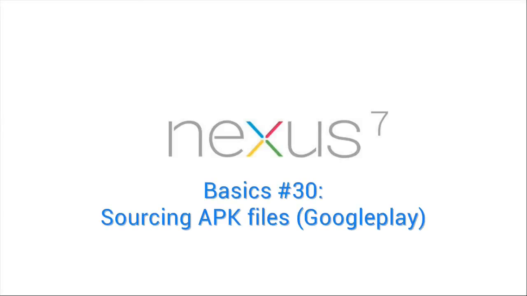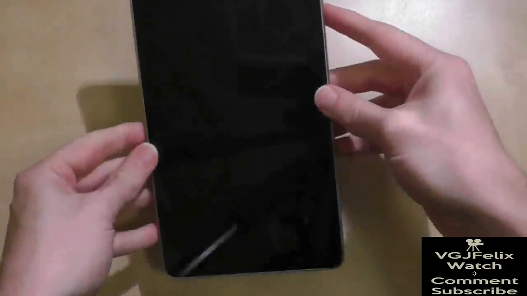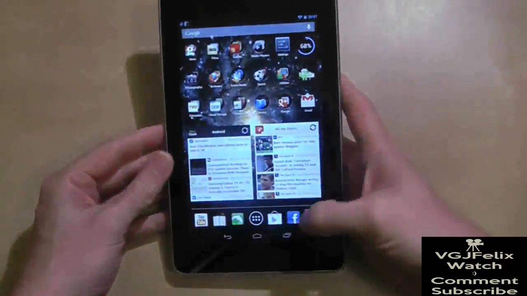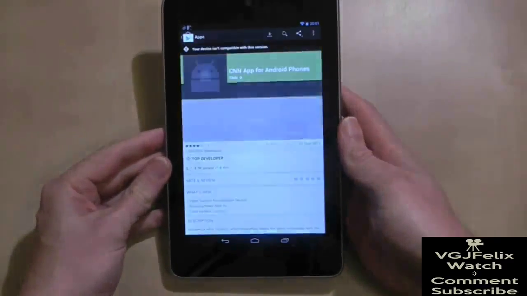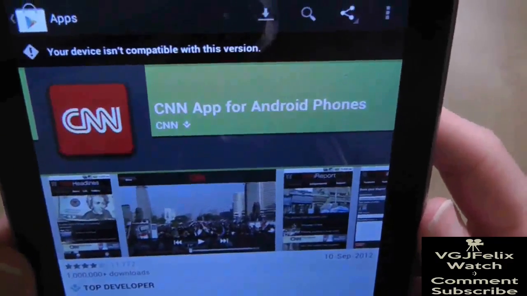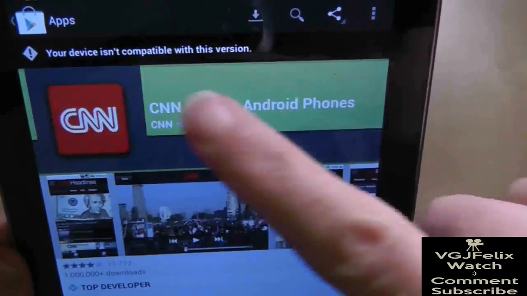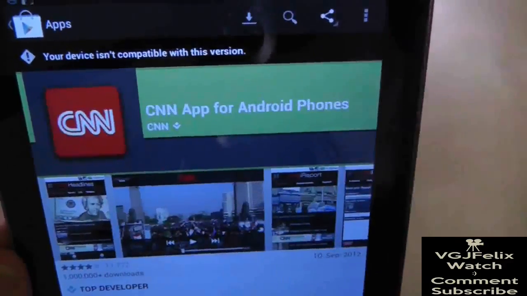APK stands for Android Package Kit. Whenever you install an application from Google Play, you are in fact downloading an APK file. Now, I'm sure you've all encountered this problem on your Nexus 7, finding an app that states it's not compatible with your device. That doesn't actually mean it's not going to work, but Google Play is not going to let